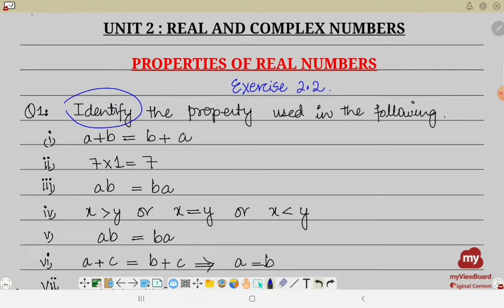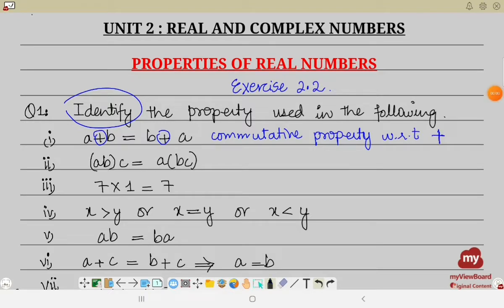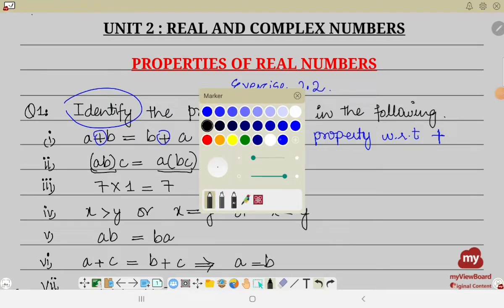The first part is a plus b is equal to b plus a. Now here the plus sign is being used, it means something with respect to addition, and the order is being changed. In which property does the order change? In the commutative property. So this is going to be the commutative property with respect to addition. Okay, the second part, if you see, the grouping is being done, and the multiplication sign is being used,